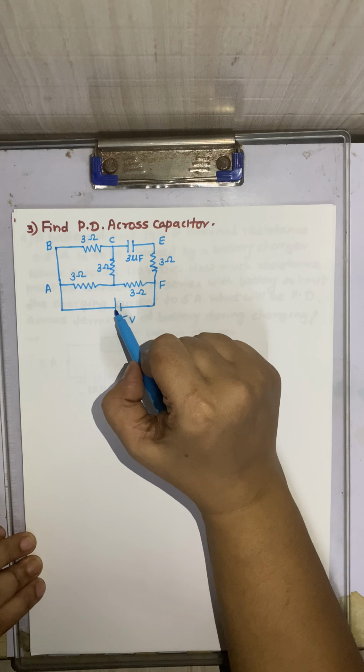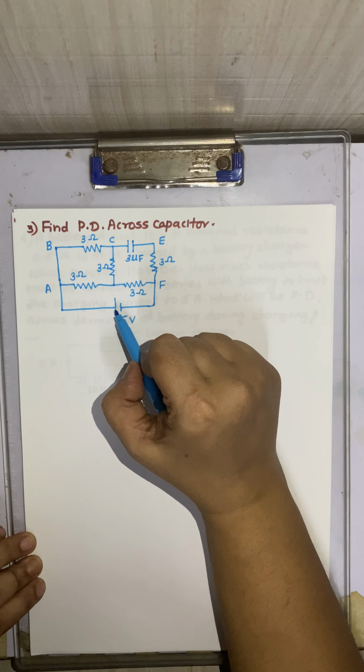Again you can see that the current I1 is coming to point D and I minus I1 is coming to point D, then further through this branch D to F, again the current I is flowing. Now you can understand how the current is distributed and how it is again flowing. The same current I is flowing through the network up to the minus terminal.